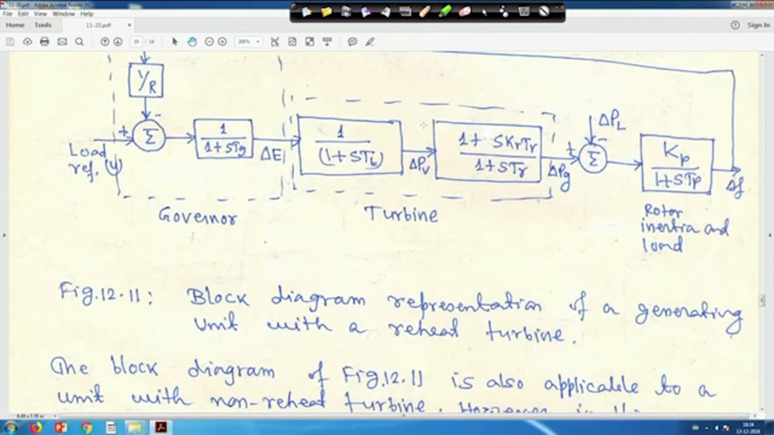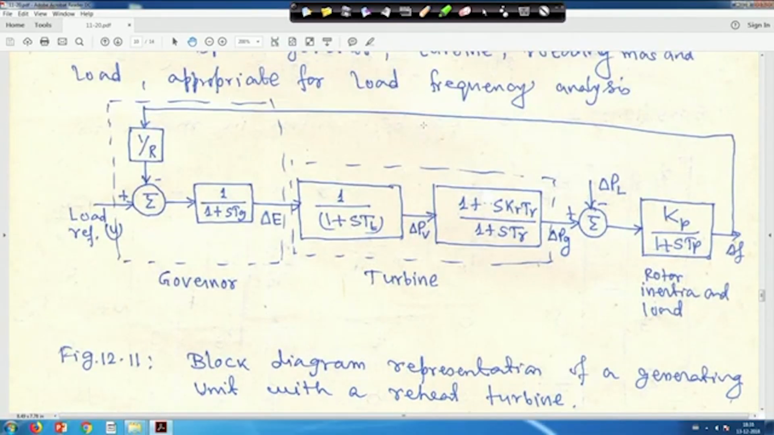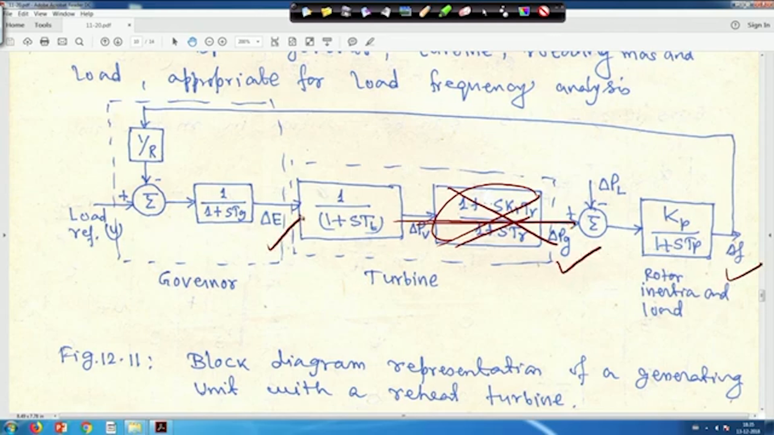So, just one minute, I am overwriting on it. If you want only a non-reheat turbine, then this block should not be there, so this will directly be delta PG. In that case, you will have 3 state variables. If you do not consider reheat, only a non-reheat turbine, then only 3 blocks should be there, this one and this one, and this is actually delta PG output. This block should not be there. So,